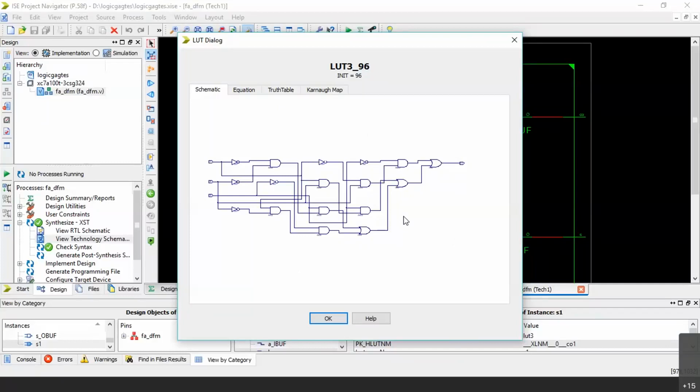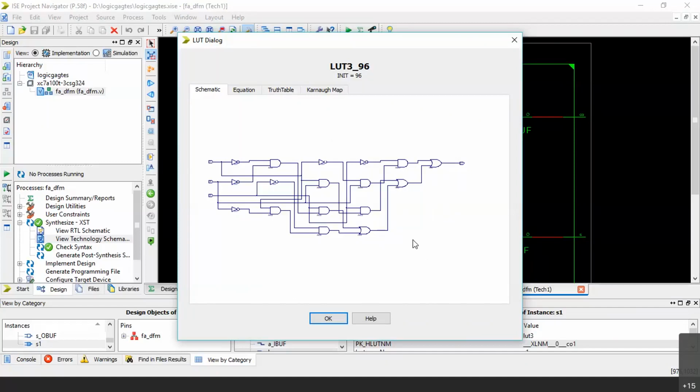But inside the FPGA, they are not implemented in this way also. They are implemented using CLB, configurable logic blocks. There are logic elements available inside FPGA. Through them only the XOR gates are going to be implemented. But why I am showing you all these things is you should appreciate the way in which the tool understands our code and correspondingly it produces a hardware.